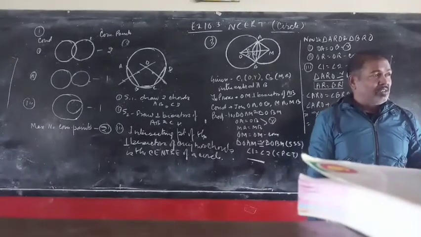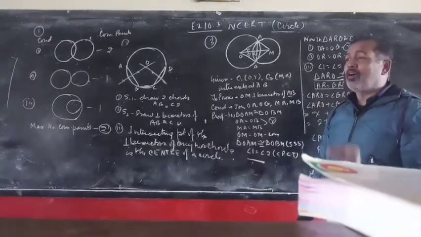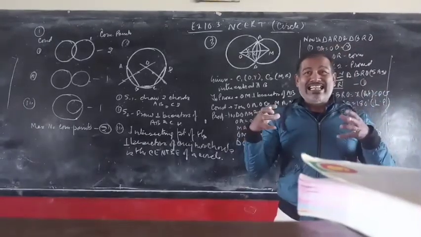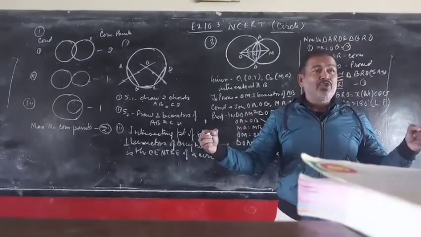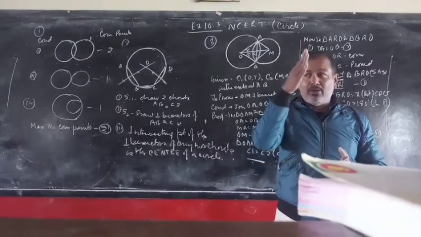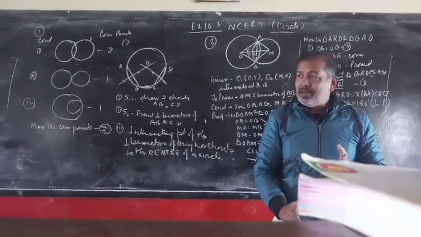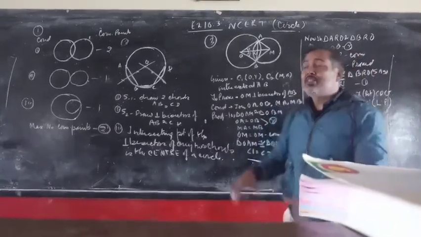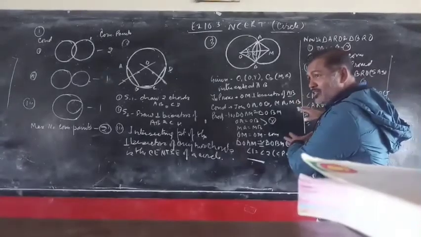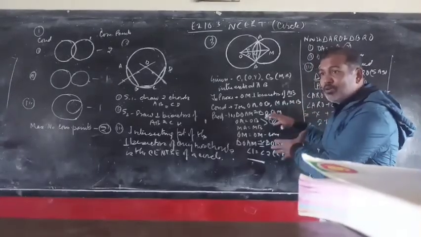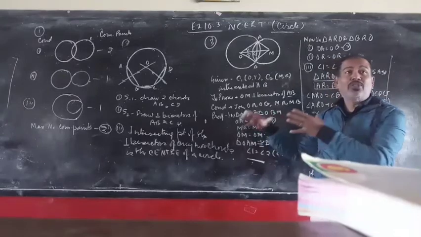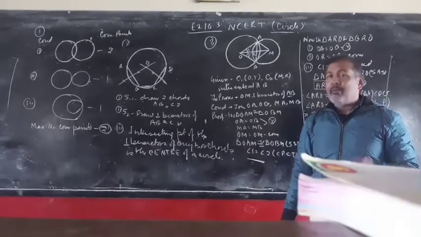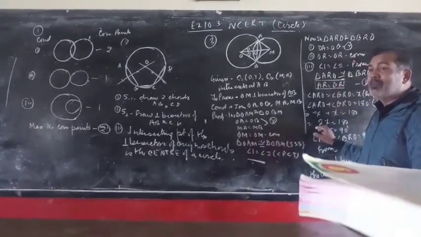of question number 3 to solve question number 1 of 10.4, which tells us that if two circles intersect each other, the line joining the centers is the perpendicular bisector of the common chord. You have to keep this understanding, my dear students. This is the formula for one set of questions. Do you understand? Not only this question, with this result we can solve many other questions. Please practice these questions at least 5 times in your copy.